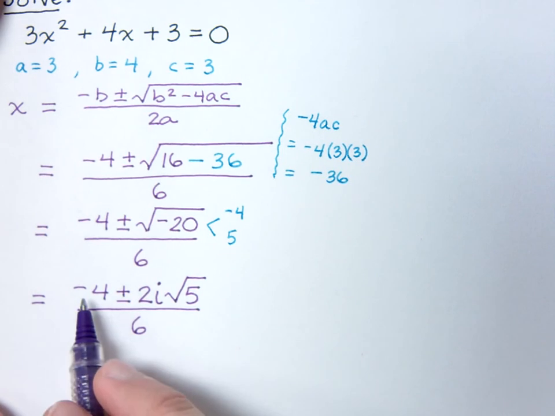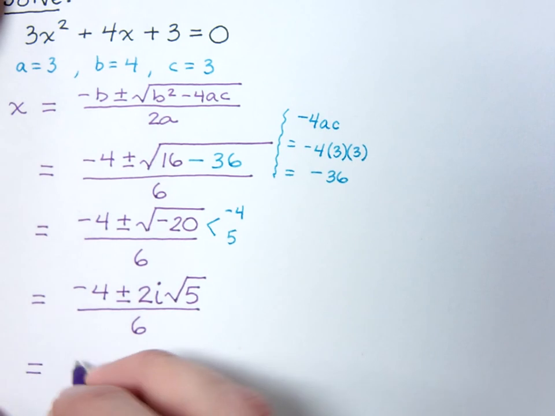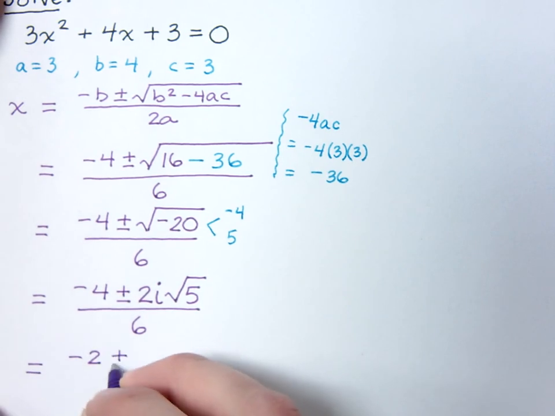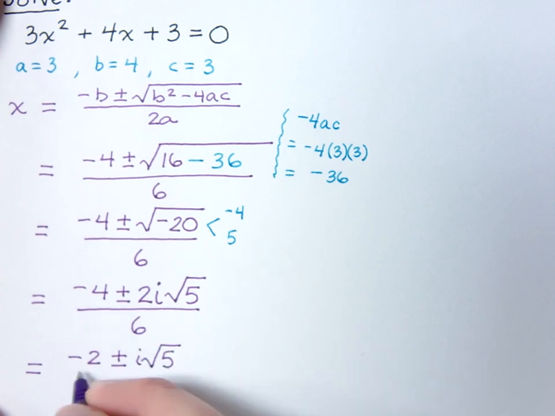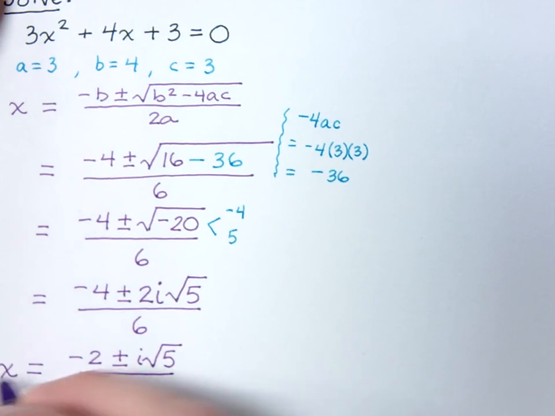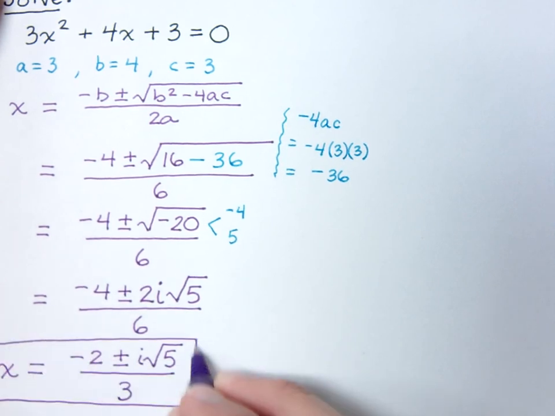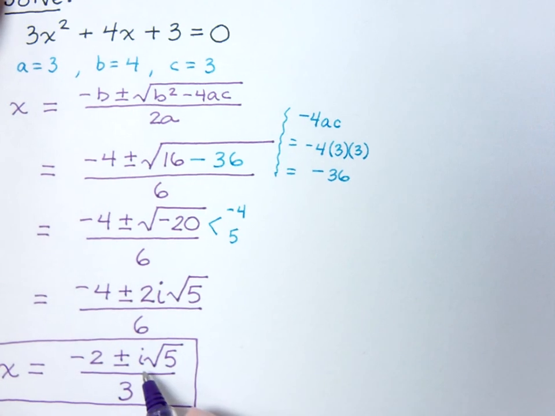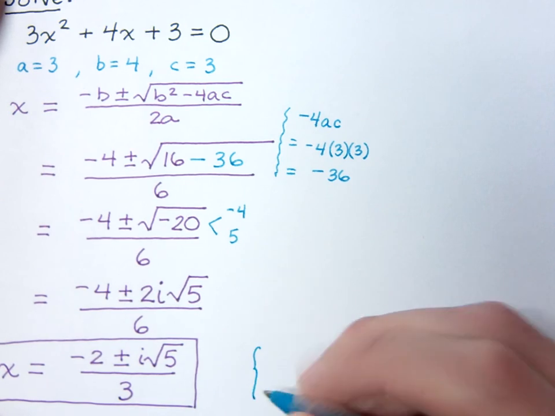We see here that everybody here has a factor of 2, so we can reduce by the common factor of 2, and that gives me a -2 plus or minus i times the square root of 5, and this is all over 3. Now this answer is perfectly acceptable to me, but we do want to understand that since we do have a complex number here, you may be asked to separate this. So if you have to separate this, using your set notation, you would have this: